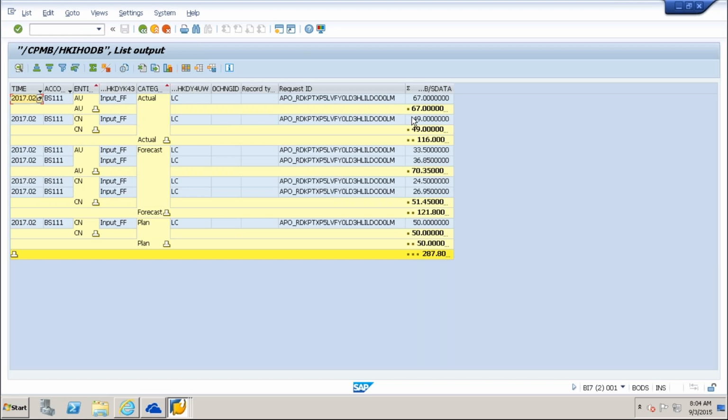Actual value is 67 for AU. The same forecast value of AU is 70.35. It is 5% of 67.